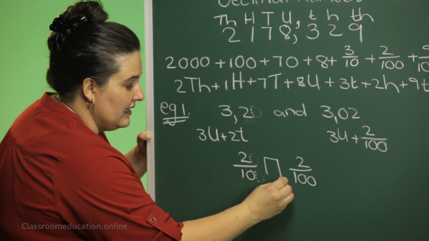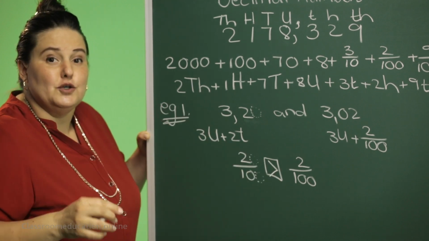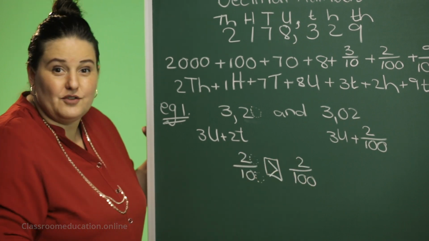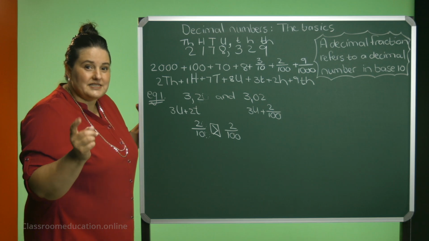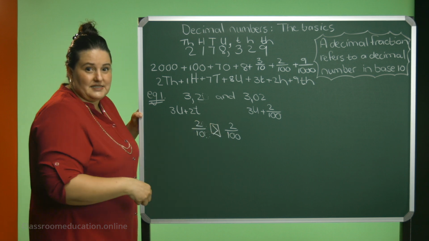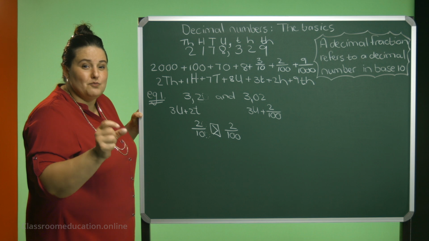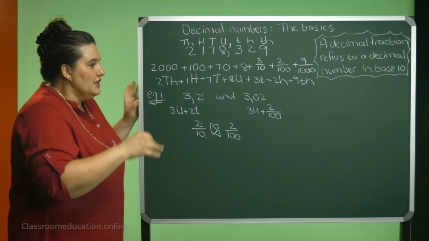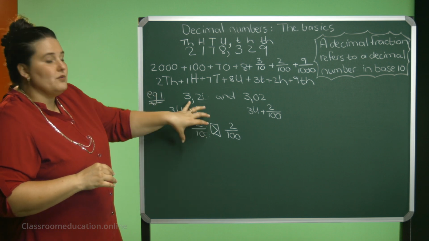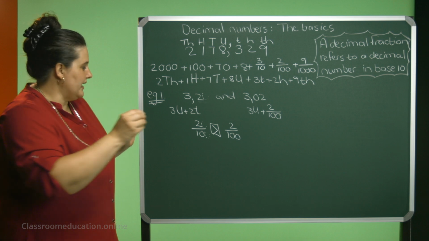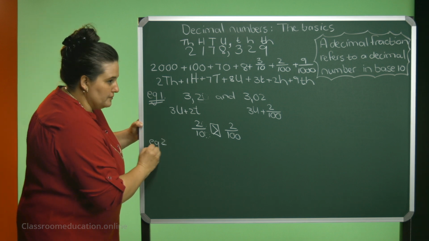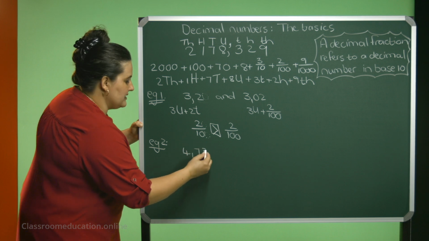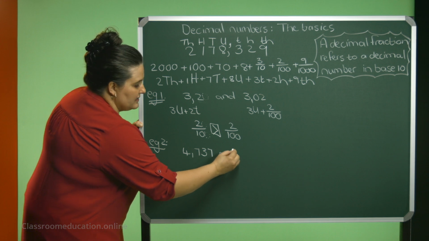Can you see which one is bigger now? Do you agree that that one is bigger? 2/10ths or 20 hundredths is actually bigger than 2/100ths. Remember, with decimals, the bigger my denominator, the value in the bottom, the smaller the pieces of my whole. Keep that in mind. So in this case, I can see that this one will actually be bigger. Let's do another one. Example 2. If we need to compare the following, 4,737 and